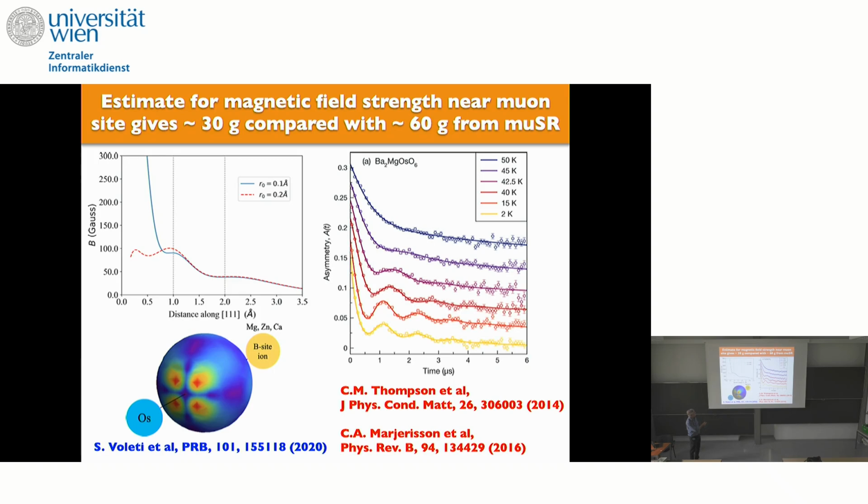At any rate, analysis of the MUSR data says that the local field is about 60 Gauss, which is a pretty low field for a magnetically dipole ordered system. But it's about the right order of magnitude if there are octupole moments associated with the osmium. Okay, and so actually, this could be estimated within the particular model of a